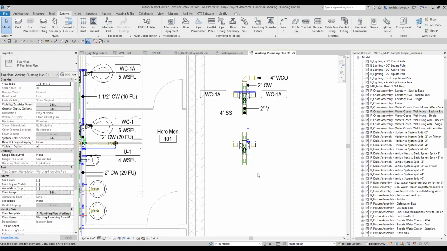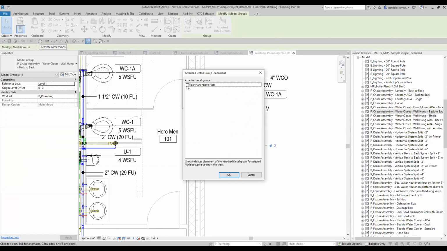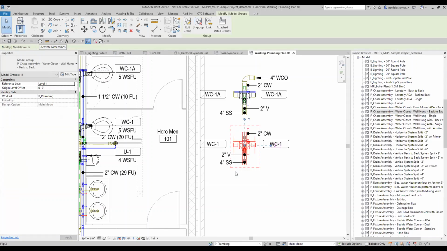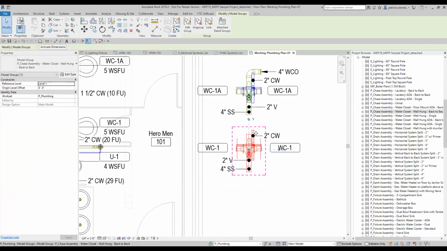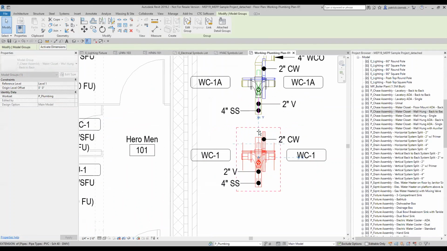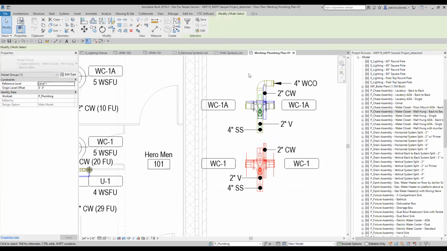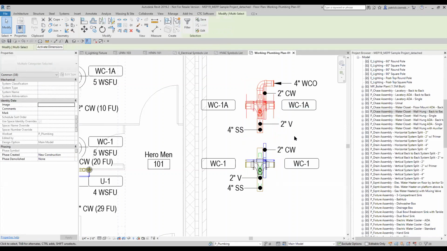Tags have been applied to them for you to speed up the process of, say, annotating. Again, we could always add these annotations as needed. Once you start to align your groups to the correct locations, maybe where your fixtures are. So again, if I'm just going to, as an example, move it up slightly here and say that is a location where my fixtures will be located in my project, we can then always quickly ungroup our items